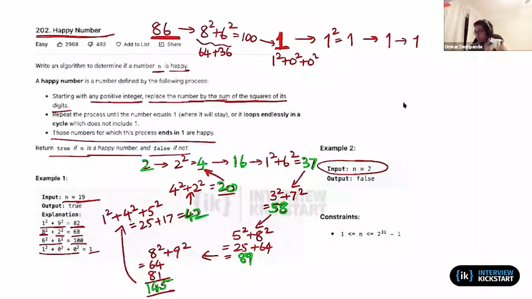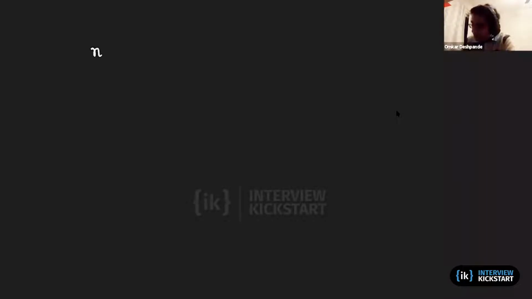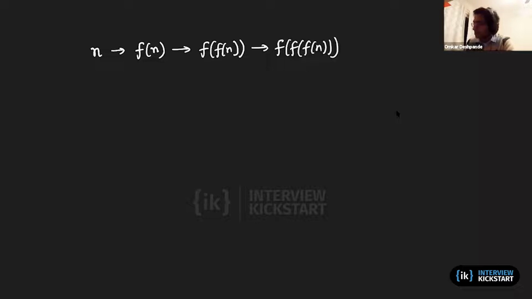So, the number could be any arbitrary integer. Basically what we are doing is starting from a number n. We are applying some transformation on it. Let's denote that transformation by a function called f. Then we apply a transformation on that, then again on that, and so on. And the question is, does it end at a 1